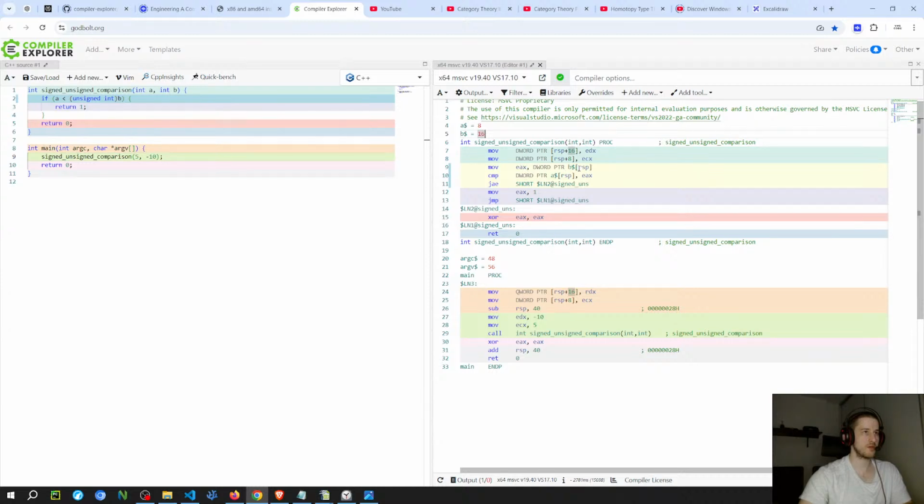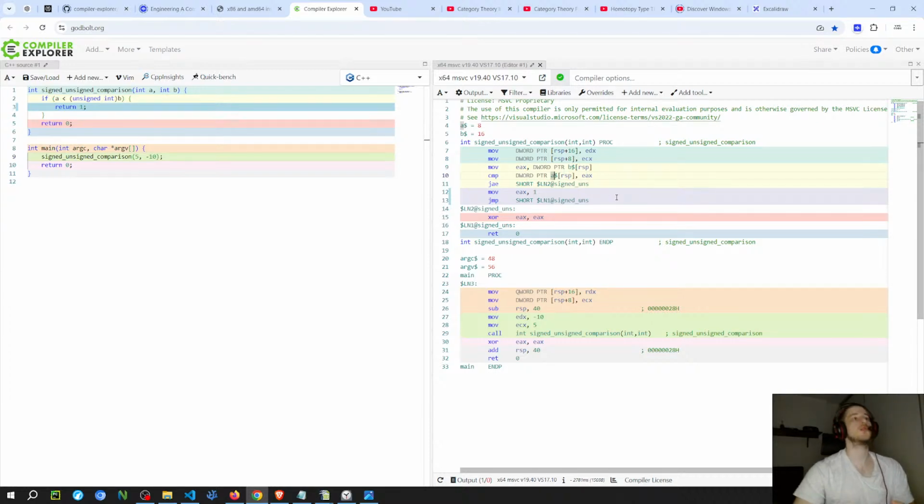So it's moving b to EAX and then comparing EAX with a. Apparently it doesn't do anything. I think that this can be obviously problematic because of the, like, this is related to the category thing, I think, because of the relationship between sets.